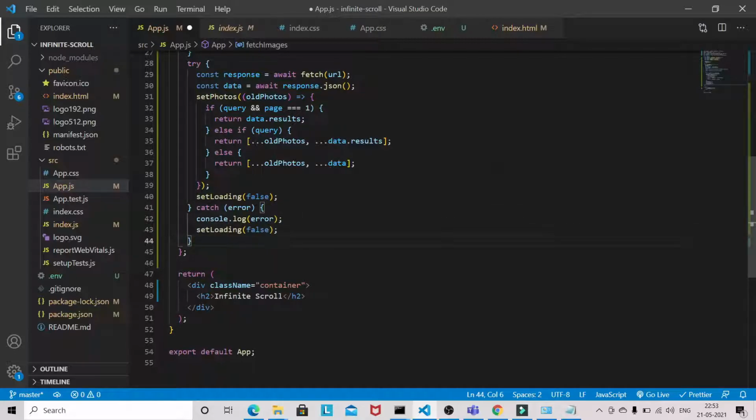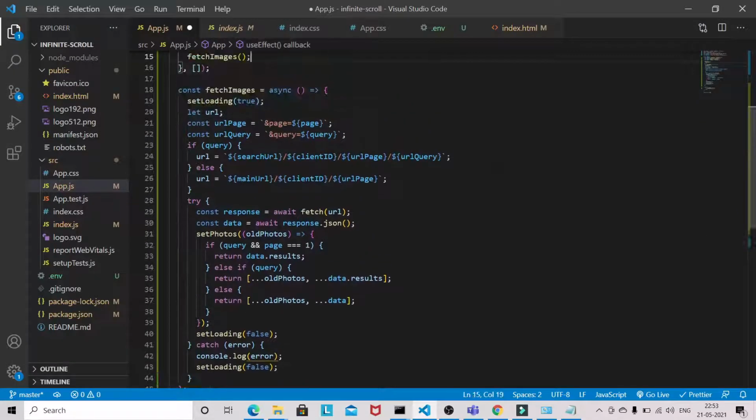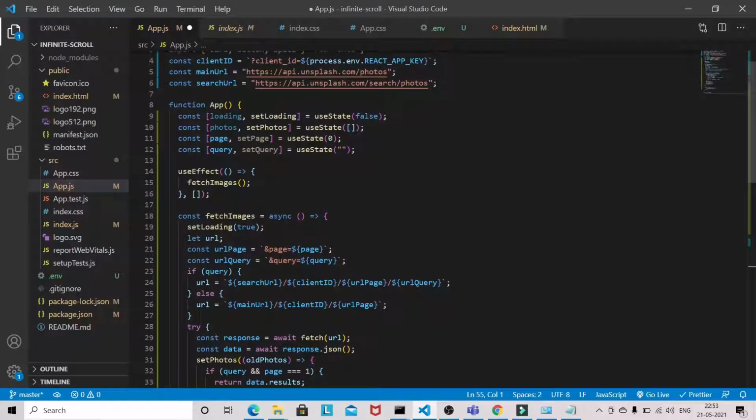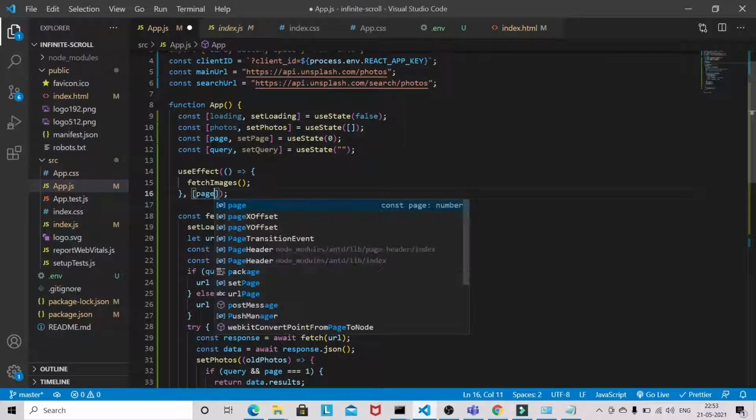Okay, so we have done with this fetch image logic now, and this effect will run whenever there is change in the page.